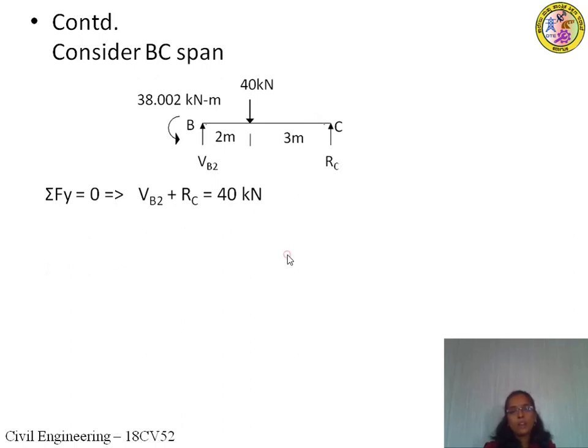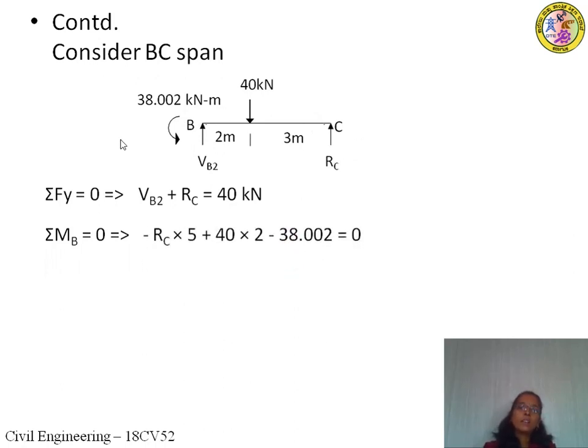kilonewton. Next, take moments of all the forces about B and equate it to 0, which implies minus RC into 5 plus 40 into 2 minus 38.002. That will be equal to 0. Hence, RC is equal to 8.4 kilonewton. And the value of VB2 will be 31.6